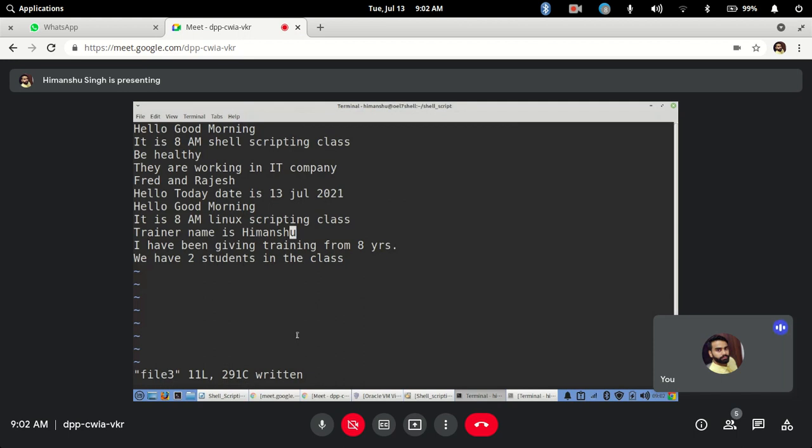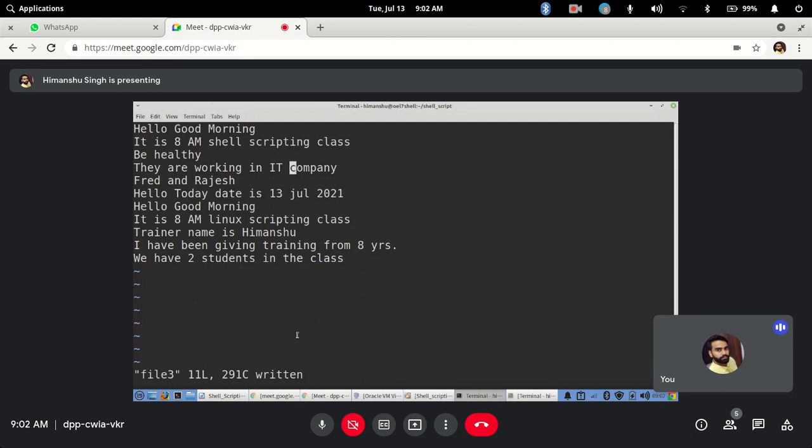VI is a big topic, so we will continue tomorrow. But I will just simply cover four more commands. Simple. Copy and paste what we have seen just now. So till now what we have seen: insert, delete, changing character, replacing character. Correct? Now let's say I want to copy the current line.